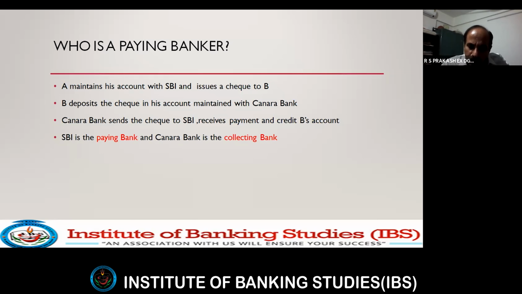Drawer, now I think you are all clear, is nothing but the account holder to whose account the money is going to be debited. See, there are two words which we can never forget: debit, credit. We always deal either in debit or credit. As bankers, we know only two things: debit and credit, and nothing more than this.